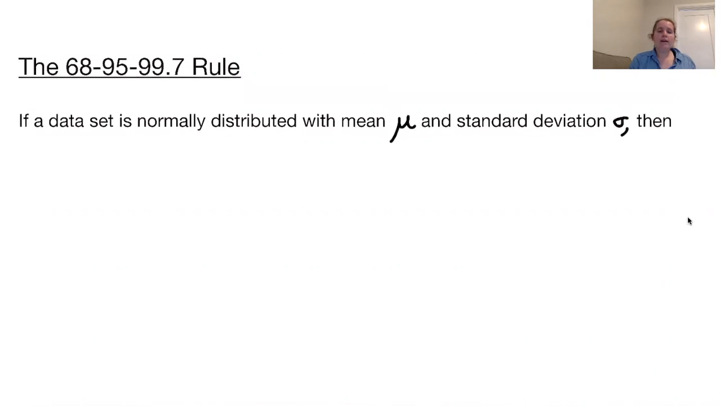Now let's take a look at what I call the 68, 95, 99.7 rule. Technically, the more official name for this is the empirical rule. So the way this rule works is if a data set is normally distributed, this is key. This is only applying to normal distributions with mean mu and standard deviation sigma. Then